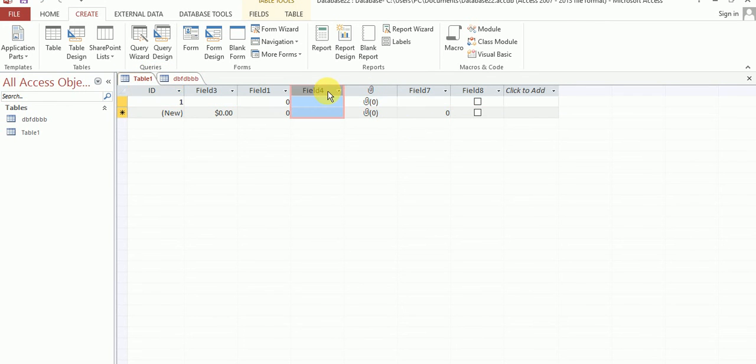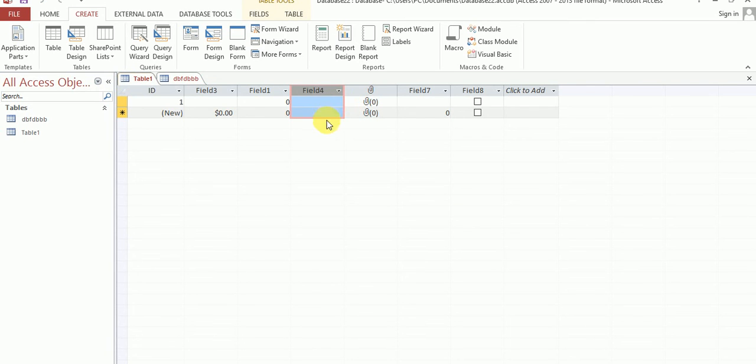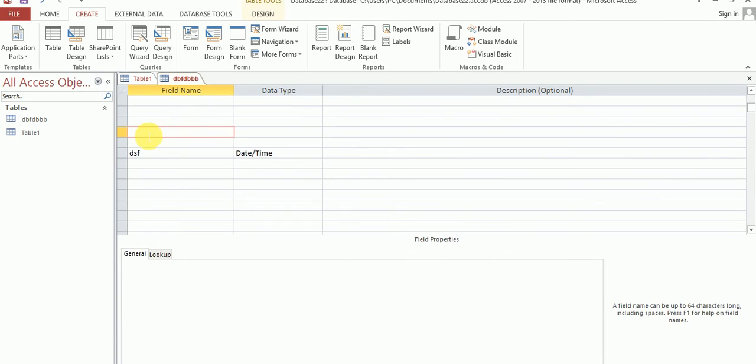Just click on the row or column, because when you use datasheet view of your MS Access table, you call it a column, or if you use the design view of the MS Access table, you call it a row. So the field name is called a column in datasheet view and a row in design view.